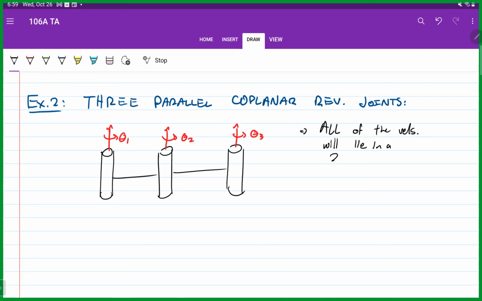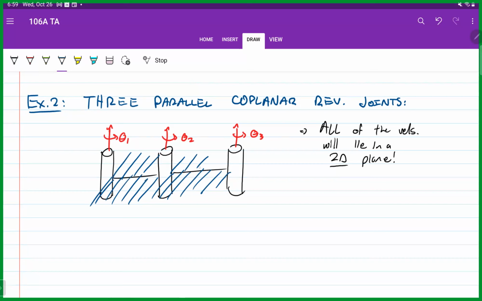In a 2D plane, right? If we're only able to rotate about the z-axis, my only motion is going to be occurring in this xy plane. So if I sketch out what that looks like, our only motion could be something right here. There's no way we're ever going to be moving up in the z direction because the z-axis is what we're rotating around. So let's say that I move my theta 1